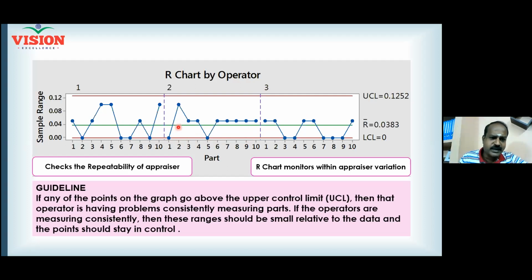And also look at operator 2. Can you see the points going in a perfect straight line continuously? Yeah, there is a pattern. That means he seemed to be definitely biased. He understood that you are checking his way of measurement, and then he wanted to be safe and he's putting like this, just trying to finish his work.